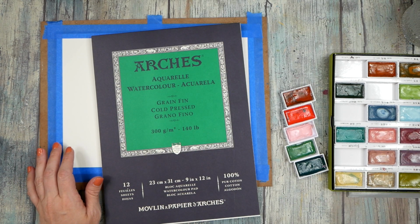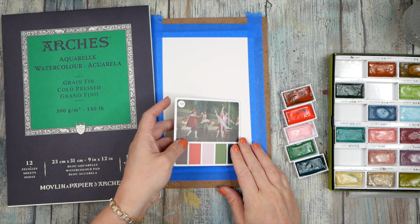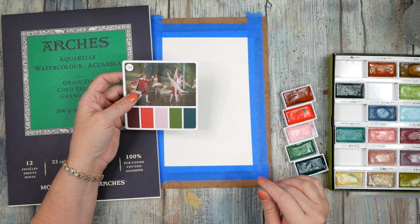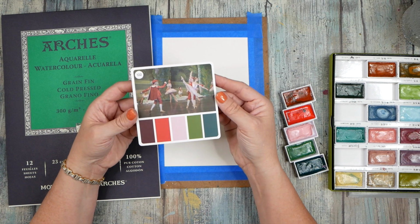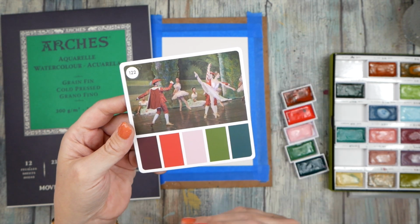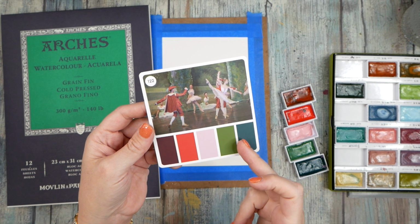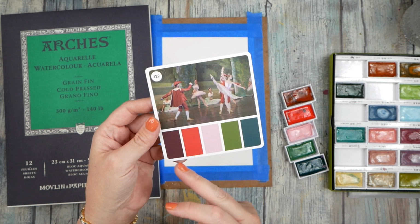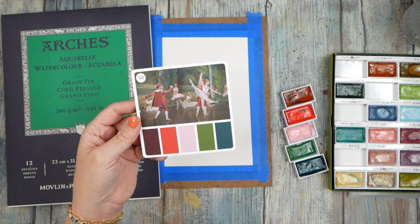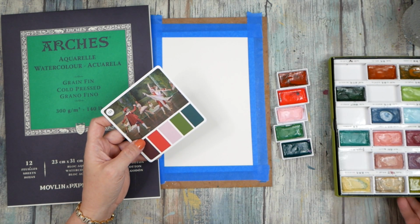But I'm just so inspired by how far this pushes me outside of just the things that I would pull myself. And so I just pulled a card out and I thought, oh, that's a very interesting and kind of unusual color palette to me that I never would have thought of. I never would have put these colors together probably. I mean, I would the blue green and maybe the orange pink, but not as a full set. And it just helps me be so much more creative pulling from my supplies and starting with a set of